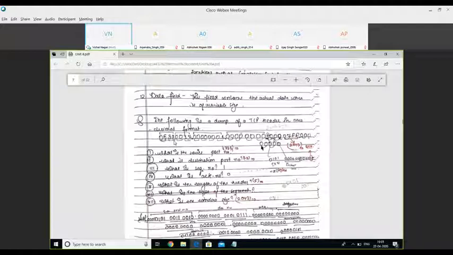Sixteen bits correspond to your source port number. So with the help of these 16 bits, or with the help of these 4 hexadecimal digits, we can find out the value of your source port number. Similarly, the next 4 hexadecimal digits will give you the value of your destination port number. Class, understand? So this is the source port number in 16 bits. This is the destination port number in 16 bits.